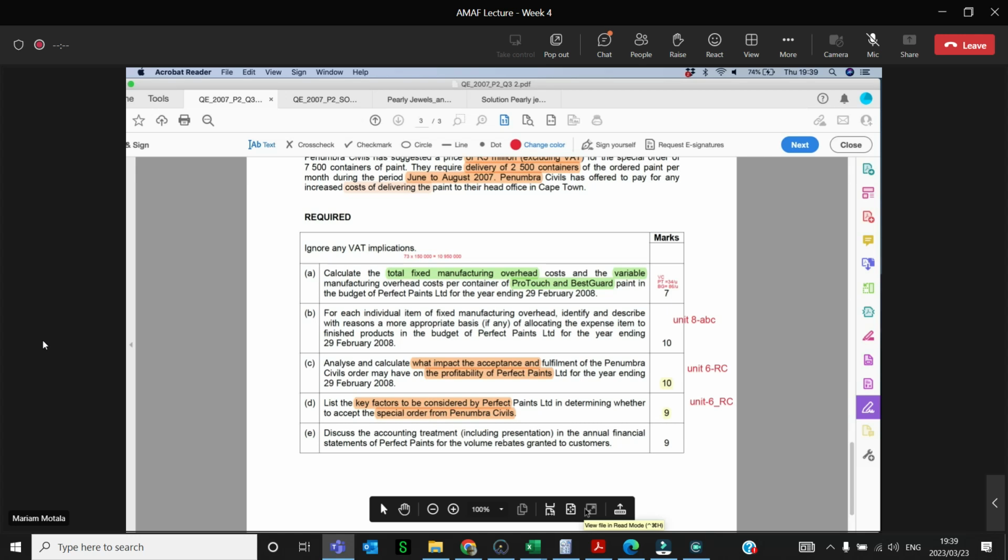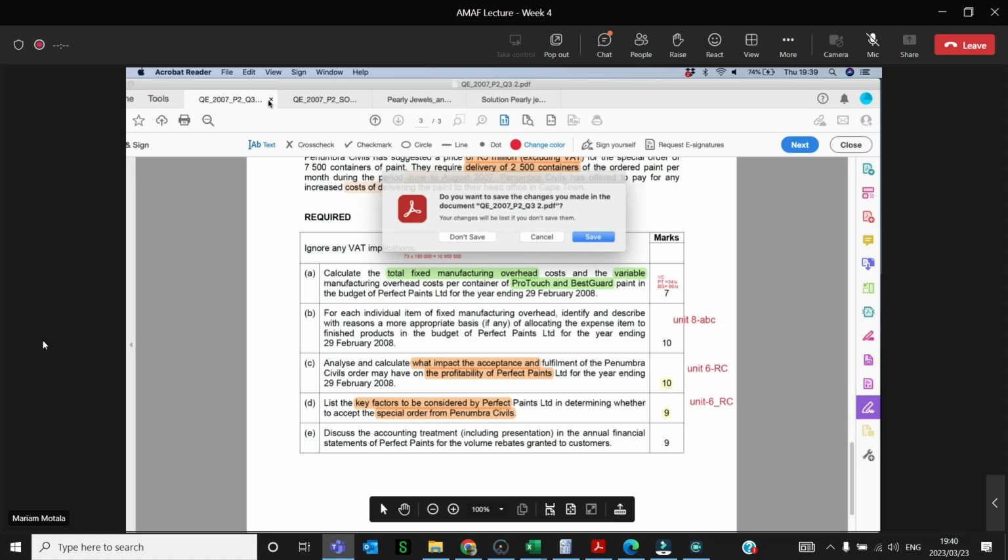Any queries on this question? Someone's on the chat: fixed cost is the same and the variable cost will be 86. Yes, Rose. Absolutely correct. Any other questions? No. Okay, then let's close up this and we will